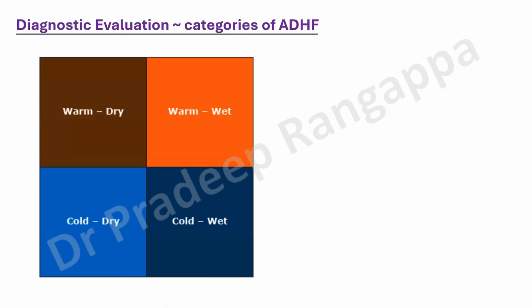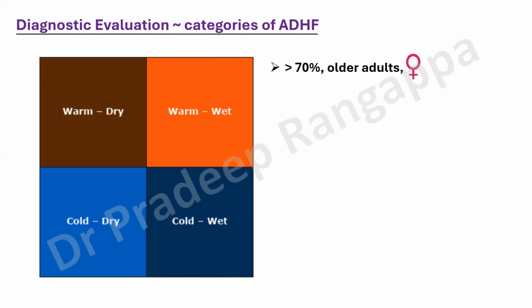And they have divided this into a sort of checkerboard categorization of acute decompensated heart failure, where they put patients into four categories: warm and dry, warm and wet, cold and dry, cold and wet. The typical ones that we tend to see in ICU are warm and wet, which are predominantly heart failure with preserved ejection fraction, where they do not have cold peripheries and do not have too much pedal edema. Cold and wet is where they have cold peripheries and a lot of pedal edema.